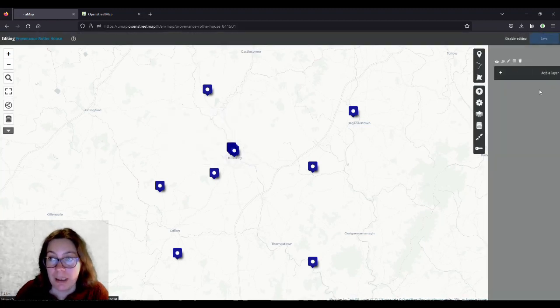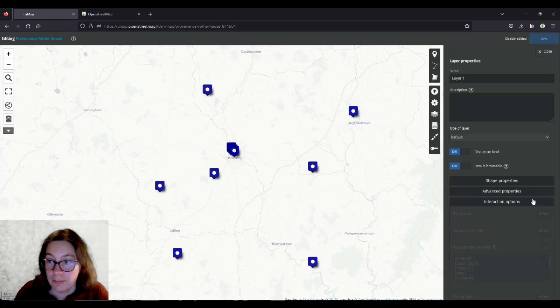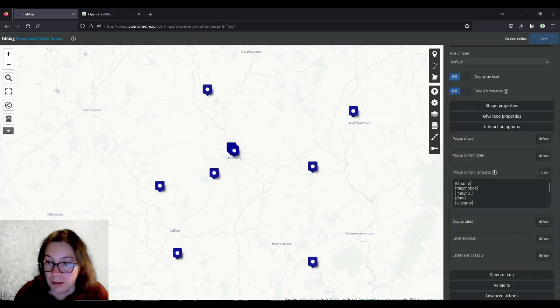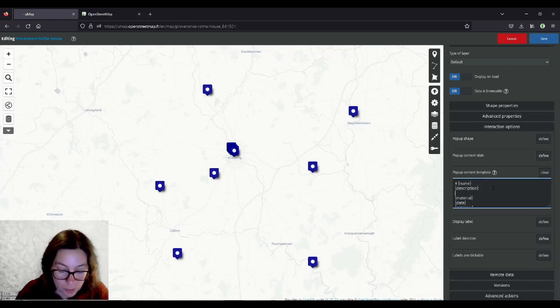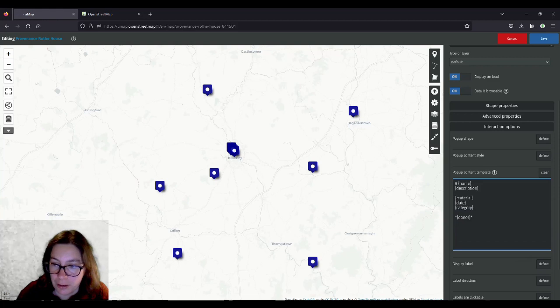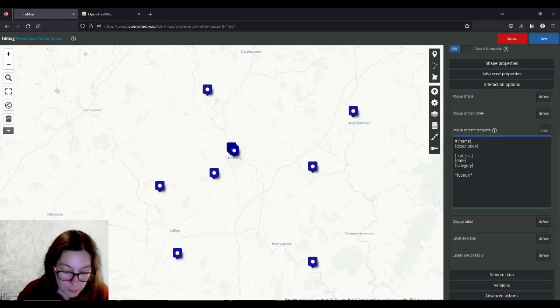So we go back into the interaction options, and maybe we want also another break after the description because it's all a bit bulky. So we add an empty line, and then you can also make this bigger by pulling down here. And then maybe we want to write material before where the material is displayed, and date and